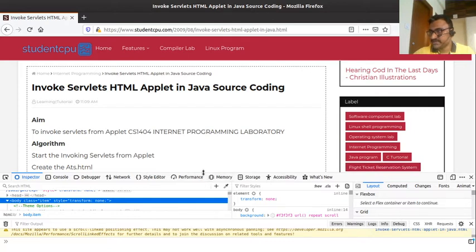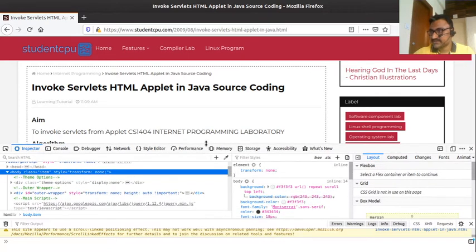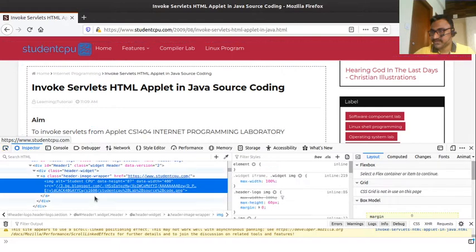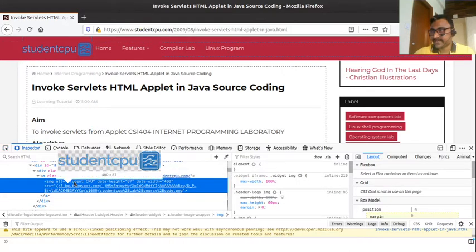See here, for example, I want to identify what this attribute is. This is the image tag. If you want to edit anything related to the image, you have to edit here.